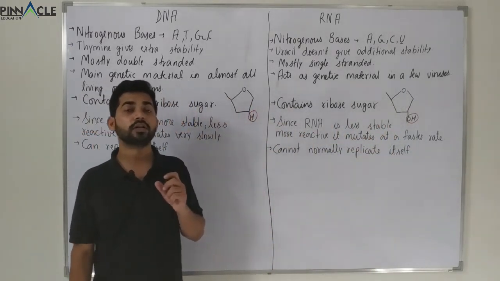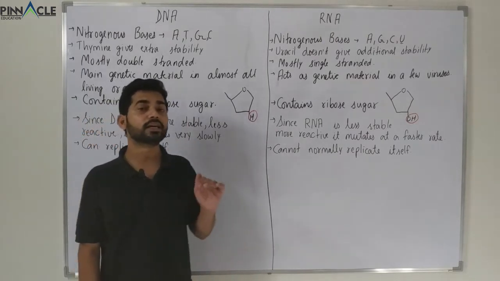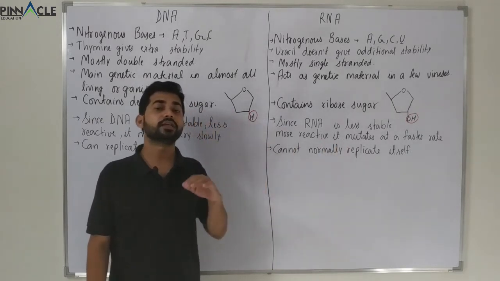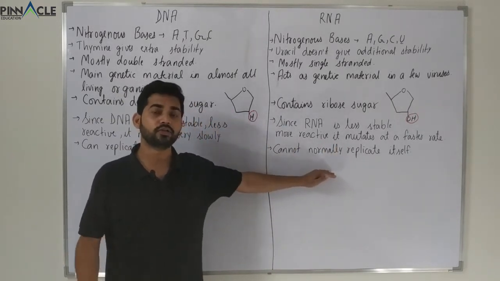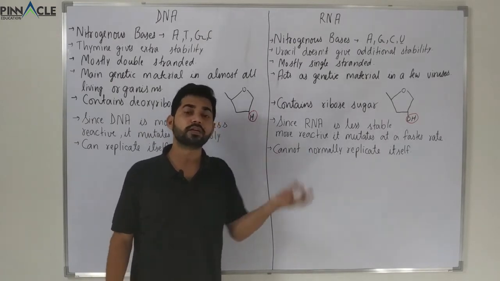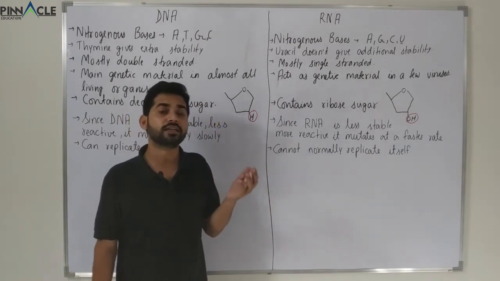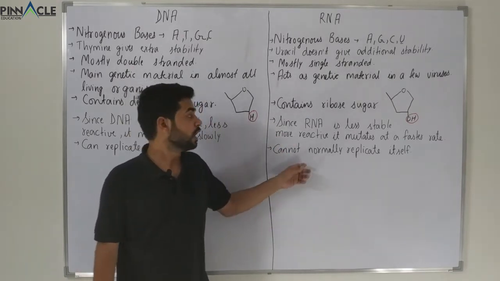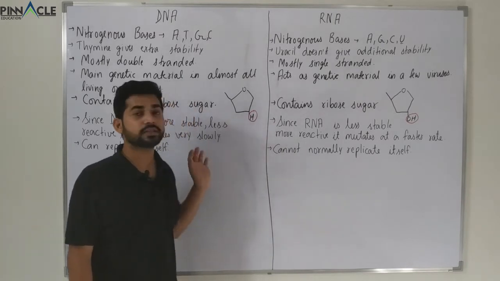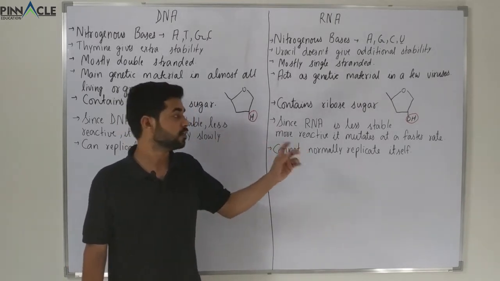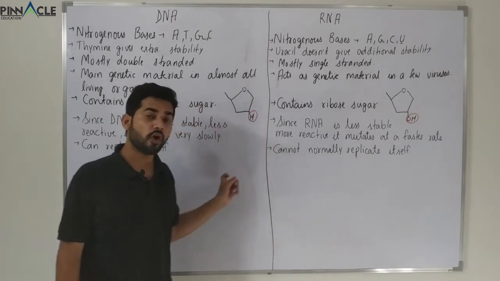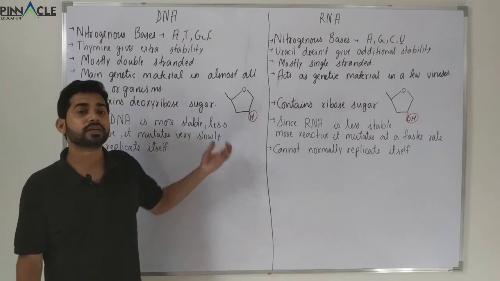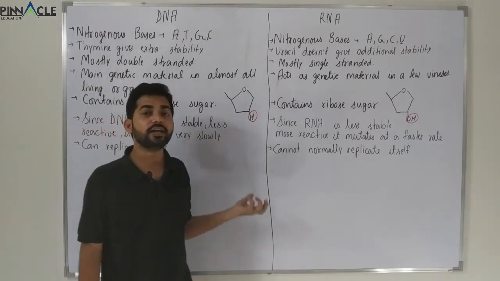One thing is about location. DNA is mostly confined to the nucleus, but RNA generally lies in the cytoplasm. Even though it is formed in the nucleus, it is transported into the cytoplasm. Like rRNA will be associated with the ribosomes, the transfer RNA will be freely in the cytoplasm, and the messenger RNA will be transported out just after its formation in the nucleus. So RNA will be formed inside the nucleus, but it will normally be present in the cytoplasm. But DNA will be replicated inside the nucleus and it will normally be confined to the nucleus.